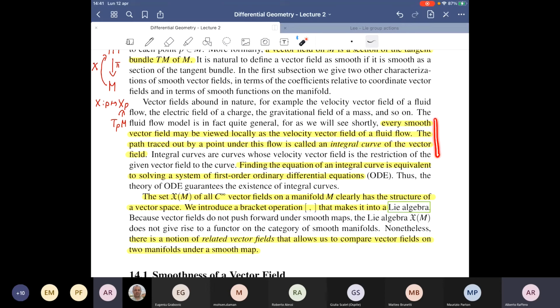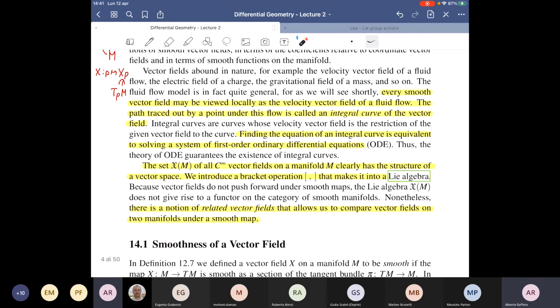So this will be the first problem we shall discuss today, and we shall see that it is closely related to the study of some ODE problems. So analysis comes into play here today. And then after this, we shall see how to introduce an operation on vector fields, which is this bracket operation, that gives the space of all smooth vector fields on the manifold the structure of what is called a Lie algebra. And so we shall see for the first time here what is a Lie algebra, and then we shall discuss more properties regarding Lie algebras later on.